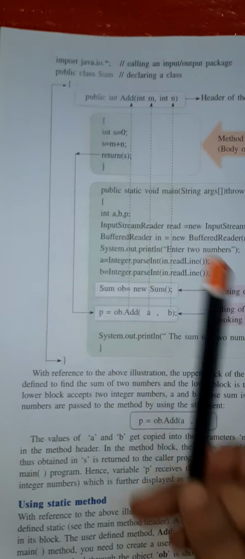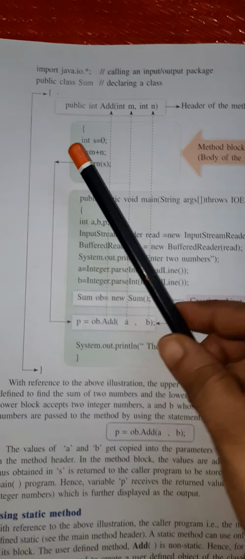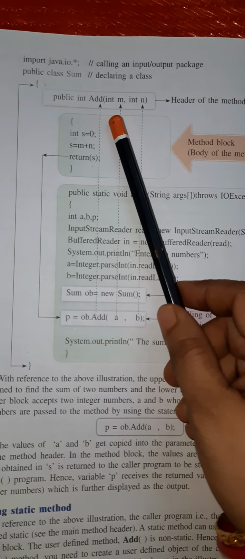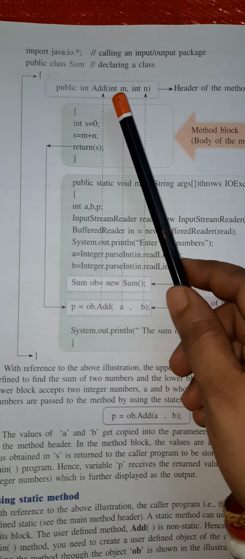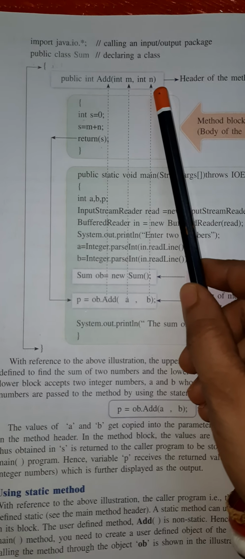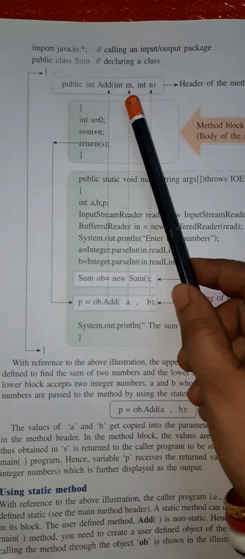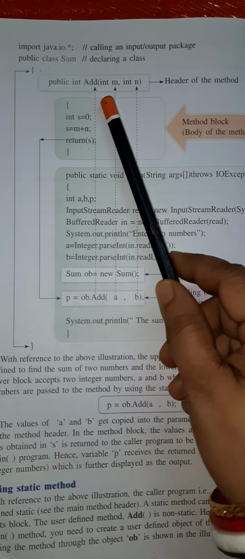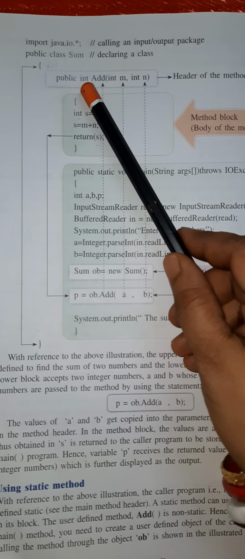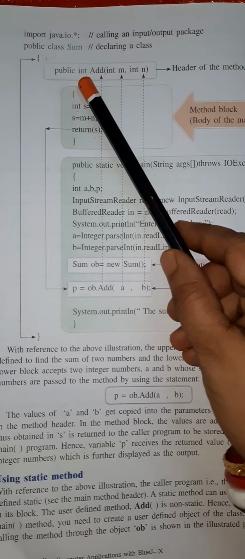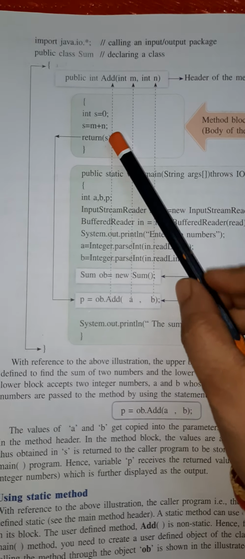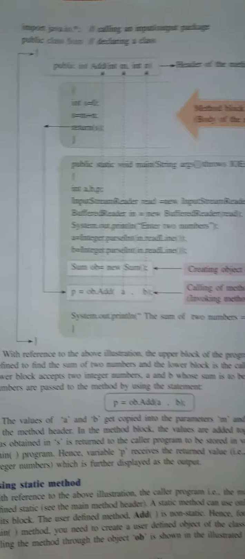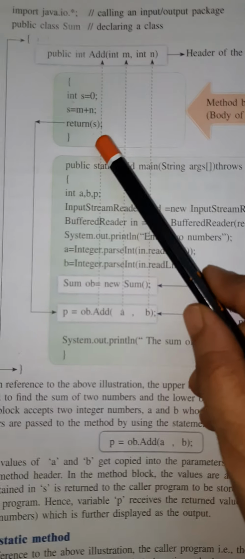So the class Sum is written here. Then we have entered two values, the sum of two numbers, so they have taken m and n. They are passed through the parameter, and you can see it is a pure function. We can say this because it has a return type. When there is a return type, we call it a pure function.